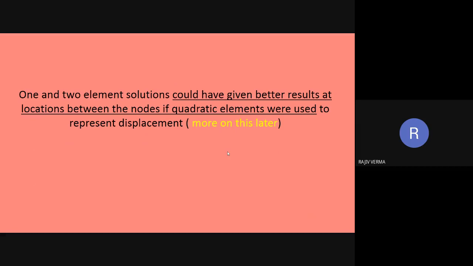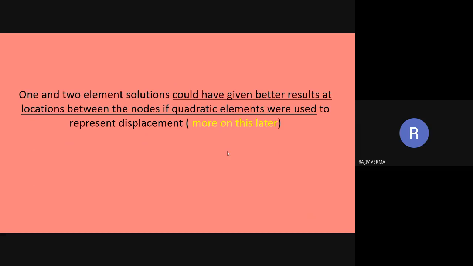The maximum error is located at the center of the element because of the particular type of element which we have chosen for our present solution, which happens to be a linear element. But if in place of a linear element we had taken a quadratic element, then at the center of each element there would have been a third node also, which in turn is going to mean that the maximum error